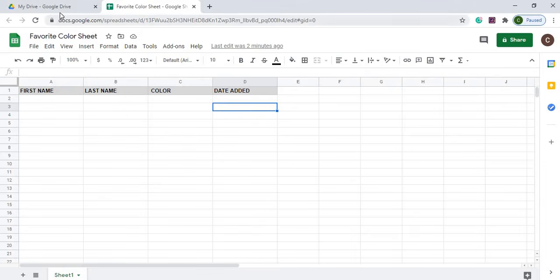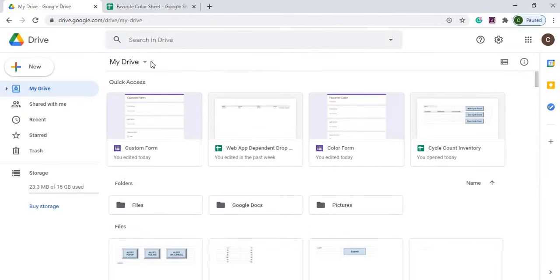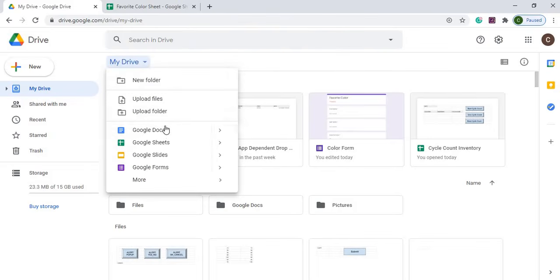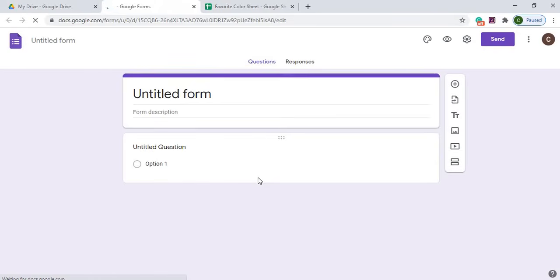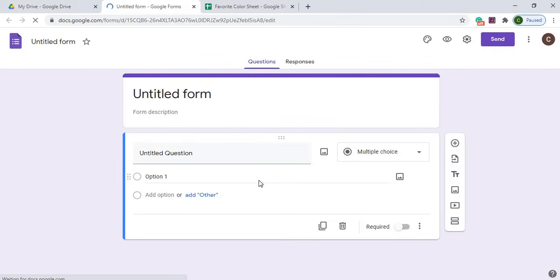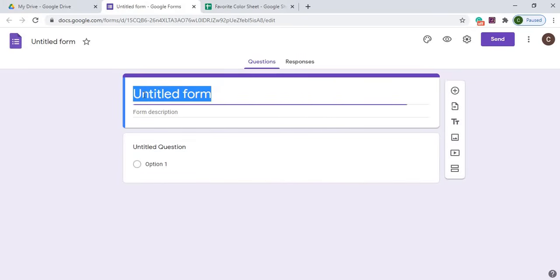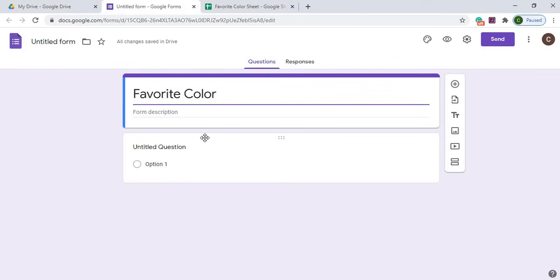So next I'm going to go to my Drive and create a form. I'm going to go here, Google Form, blank form, and now I'm going to create just a very simple form here. I'm going to call it favorite color up here,